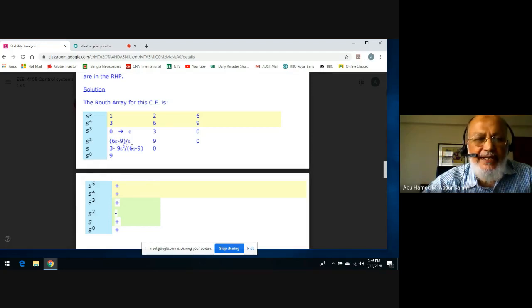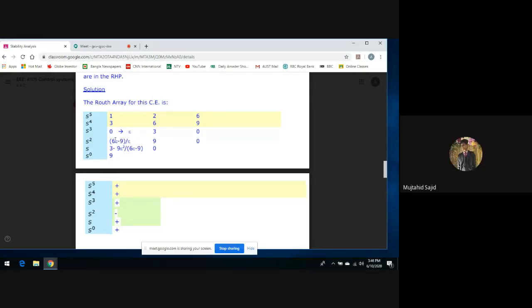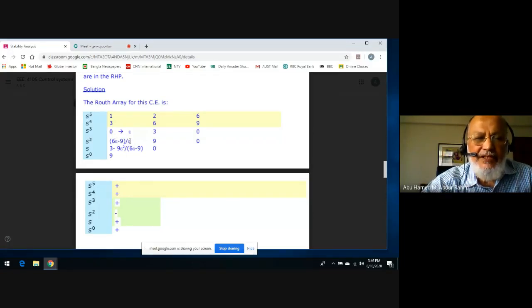So what you are going to get is -9 divided by epsilon. Epsilon is a small positive number. So what will be the sign of this number? Negative, sir. That's right. Because this is a small number, so the whole thing is going to be very large, but negative because of this -9. So look at this. How we are getting positive, positive, positive, and then you have a negative here.